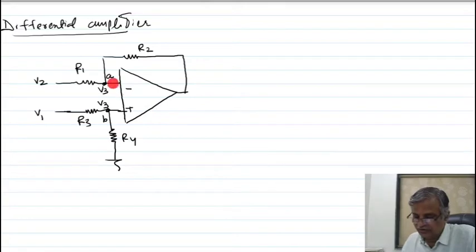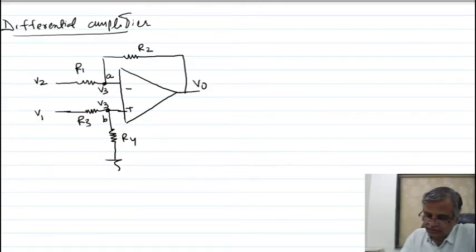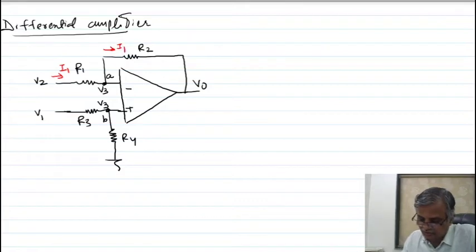Due to the infinite open loop gain of the op amp, the voltage drop between these two tends to 0, meaning this potential and this potential are the same. So if the potential at this point is V3, here the potential is also V3. Here the output I am writing VO. Look here, the current flowing in this section, I1, will be the same current flowing in this section, because this offers very high input impedance, so current does not flow here.